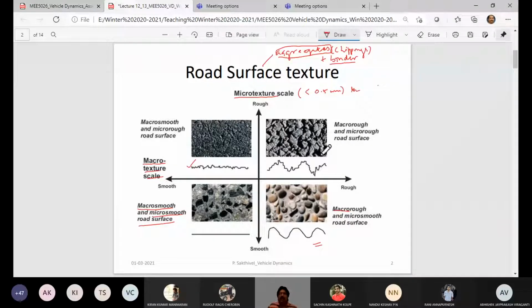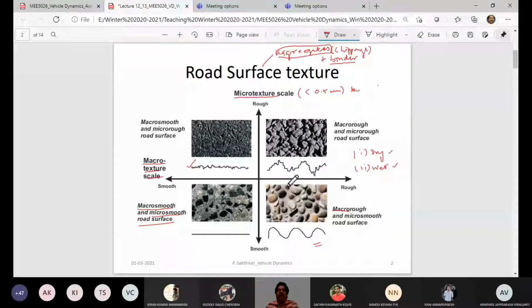Right. So why do we have to understand these road surfaces? These road surfaces can be looked at in two conditions. One is the dry condition, another is the wet condition. So what would happen when a vehicle is driven on such roads during dry and wet conditions is very important to understand. That's what is called the characteristics of tires on wet surfaces.